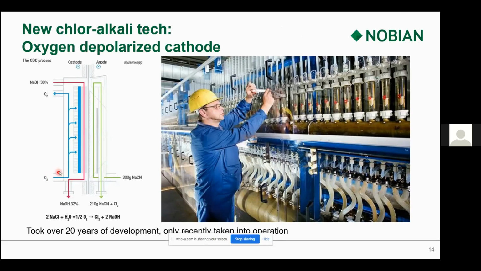Instead, we reduce oxygen. Basically, the companies Covestro and ThyssenKrupp have worked on this process for a long time, over 20 years, and have in the end succeeded in achieving this. And by doing oxygen reduction on the cathode, you can save significant amounts of energy on